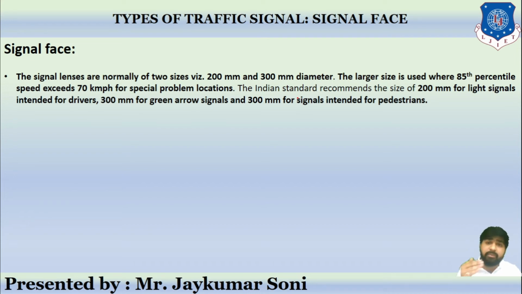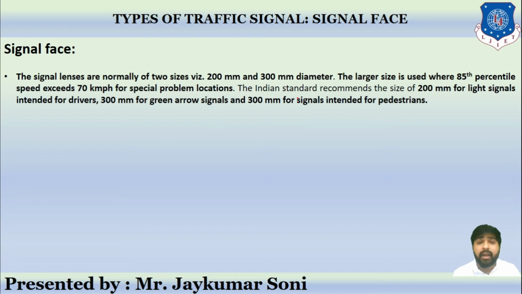It means only 15 percent of vehicles are traveling at lesser than that speed. 85th percentile speed is also called the safe speed limit, and if the vehicle speed exceeds about 70 kmph, then the larger lens size of 300 mm is provided in order to provide better efficiency